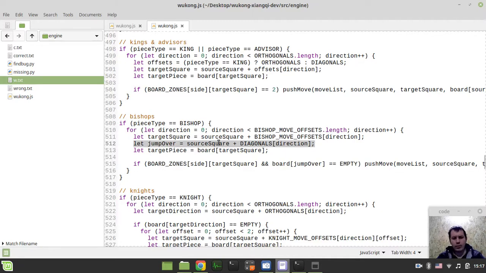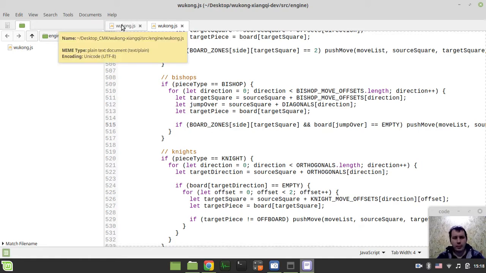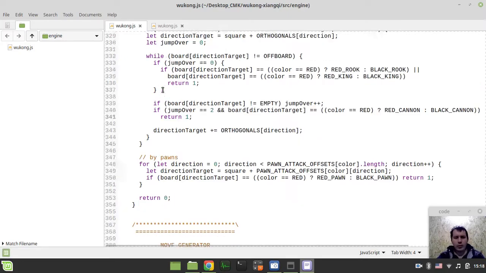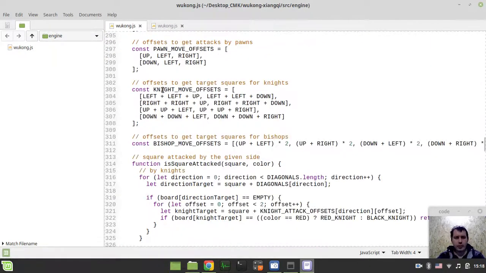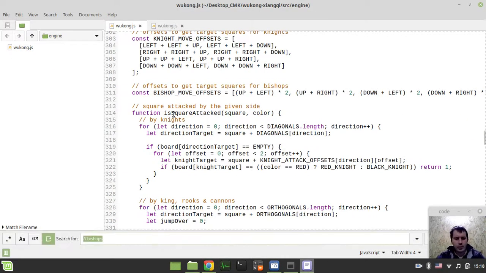And hold on a sec. My computer is hanging. Hold on a sec. Okay, so I just reloaded my code editor. Something has gone horribly wrong. So I'm going to bishops. So where are my bishops? Okay, again, generate